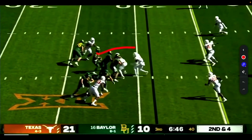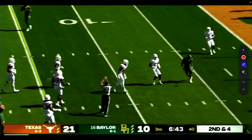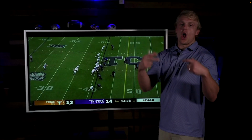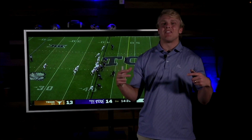Right here, he thinks he's going to try and run. So, DeMarvion Overshown gets there in a hurry, makes a play on the football, knocks it away. Love that. Watch it again. Beautiful. So, with all of the athletic ability DeMarvion Overshown has, all of the natural, God-given gifts that this guy's got,